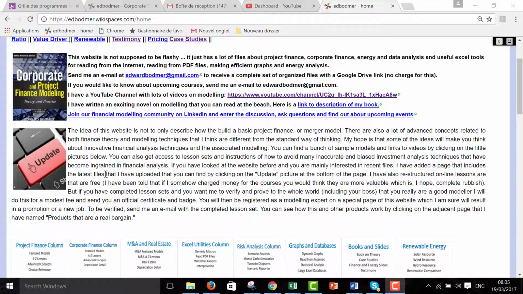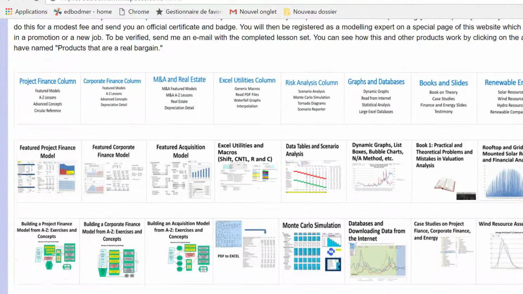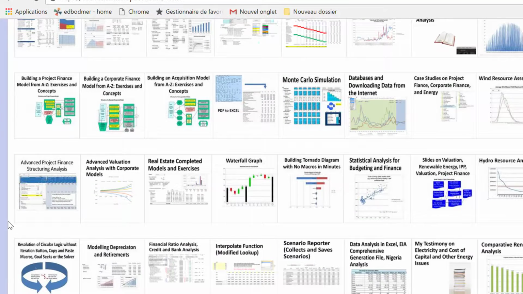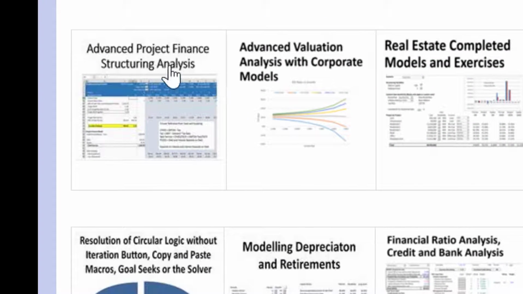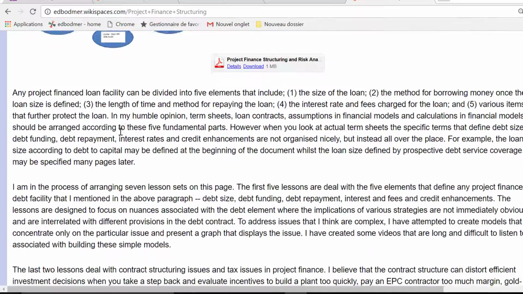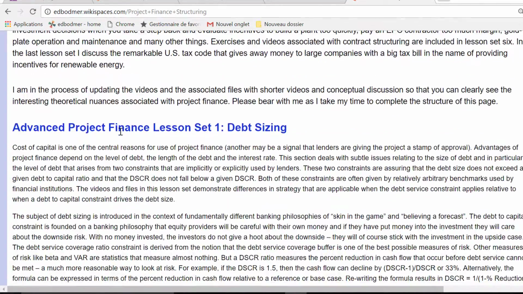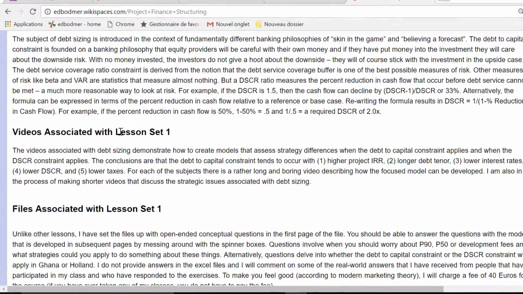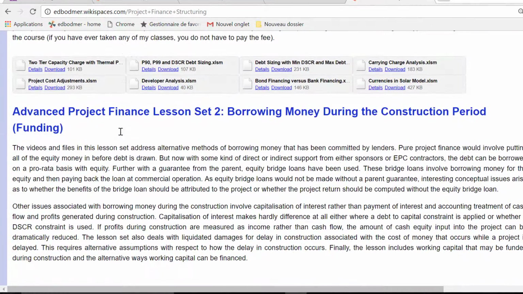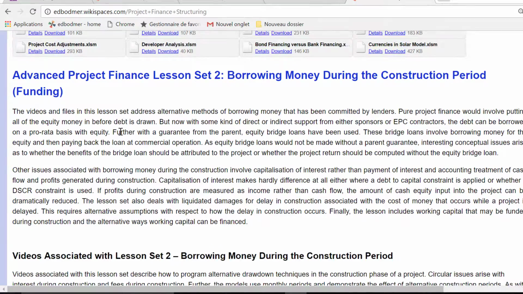Okay, this is a model about project finance, and it's about debt funding, and it's in this advanced structuring analysis. Let's see if I can get there. If I can't, oh, there it is. There's kind of all these issues associated with debt sizing, and then this is funding, borrowing all the money during